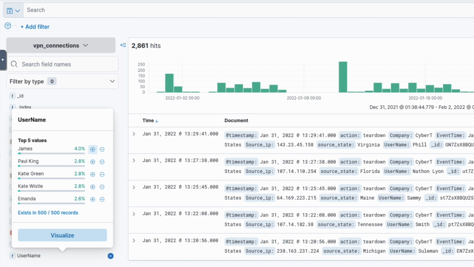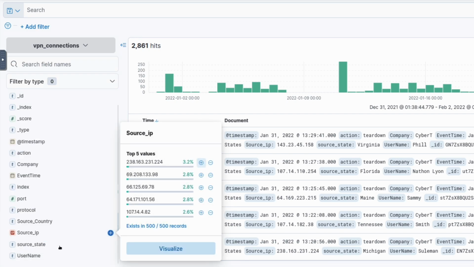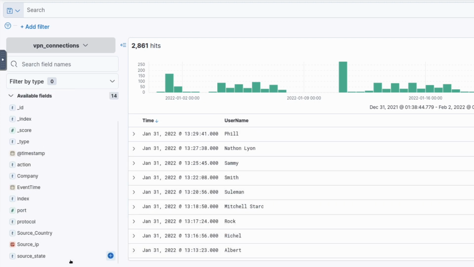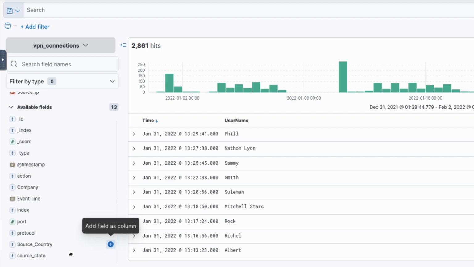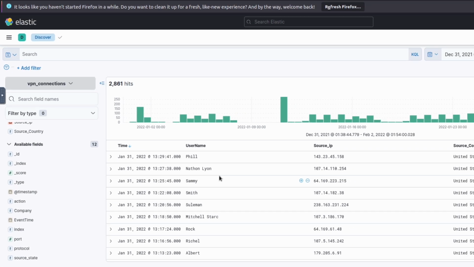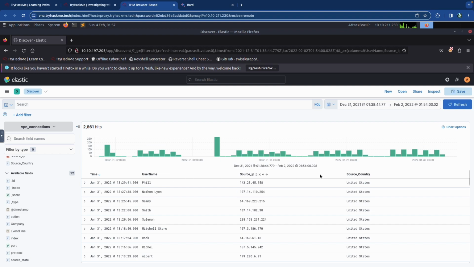So now what we want to do is create a table with the fields IP, username, and source country, and save it. So let's do that. I think one way that we could do this is we could just click on the field itself and then press this little plus button, and it would add it as a column to our table. So there we go. What we want is the IP, username, and source country. So we added username, and we're going to add IP, and we also want source country. And now it's all over here. And now we can zoom out of this, and we have our table right here.